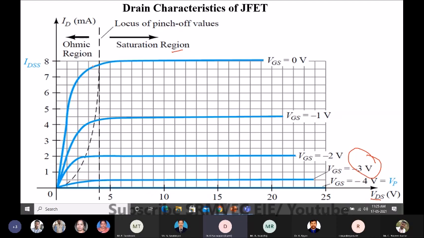So it is a depletion type. So for 0 volt, it will have a high current. Okay, the channel will be available, so there will be high current. So decreasing the voltage, what happens? The depletion regions will be meeting each other, and the number of carriers allowed will be very low.